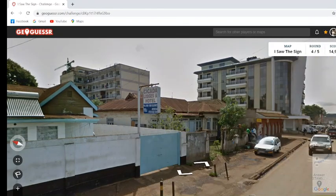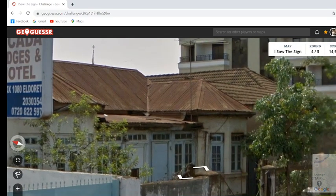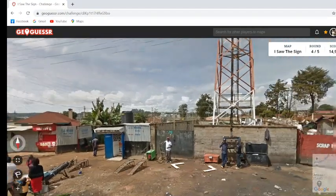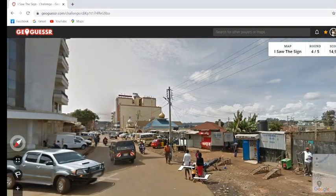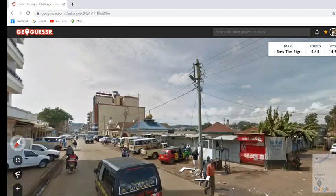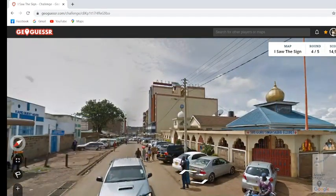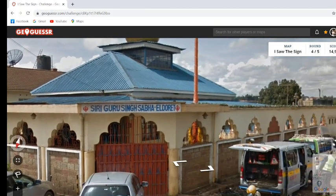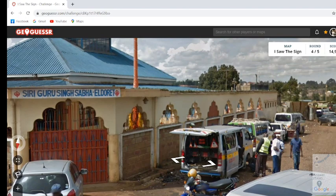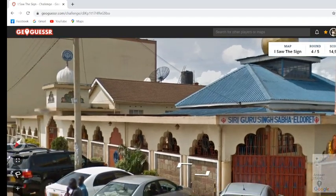Yeah, okay, so in this one they point you right at the sign. Yeah, this one is definitely, like, I want to take a look at the mosque just because I am interested in architecture. Oh no, no, that's a Sikh temple. Okay. So not something you expect to see in Kenya. Although of course, like